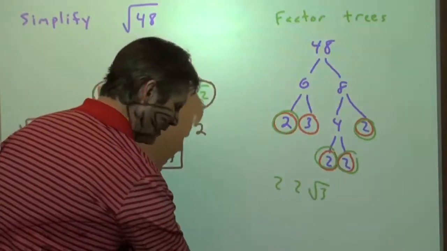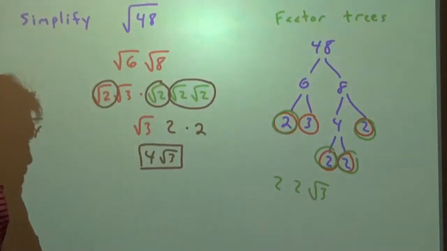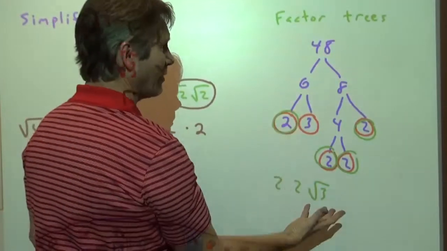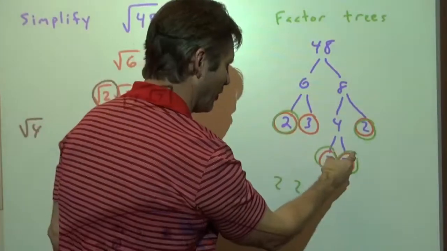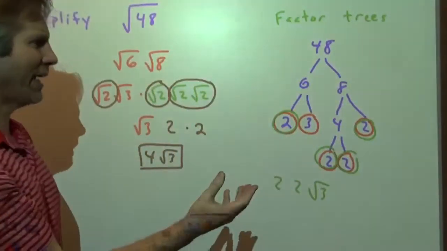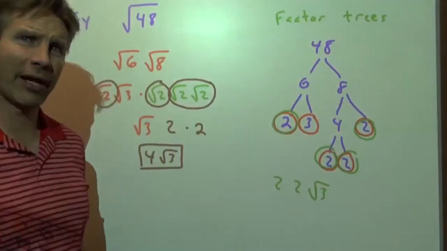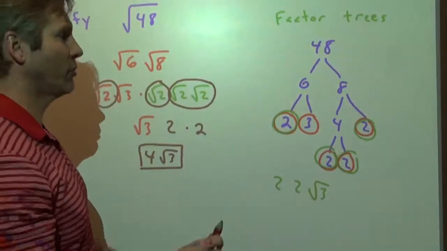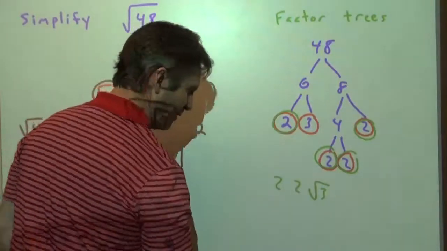But hold the phone. Was that a little bit confusing? I think it might be. Because when we just factor 48 and then we're left with those numbers, we may lose sight of the fact that all these numbers are really under the radical sign. So what I would prefer to see is, if we're going to make a factor tree, let's take the extra